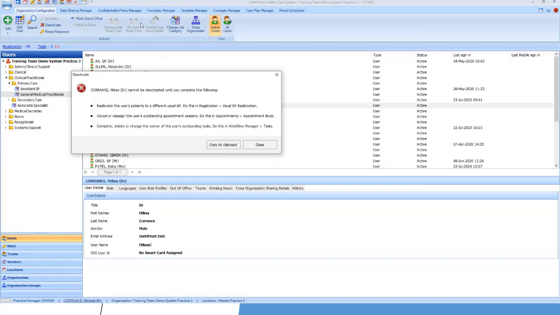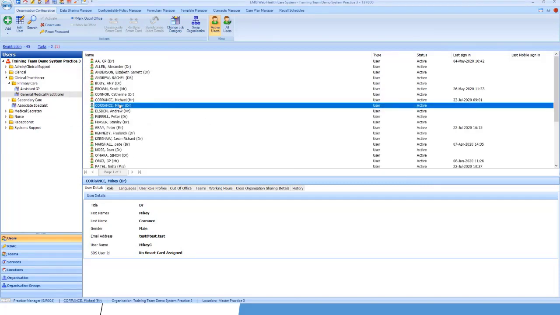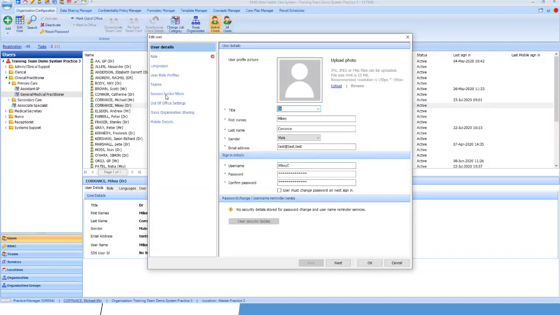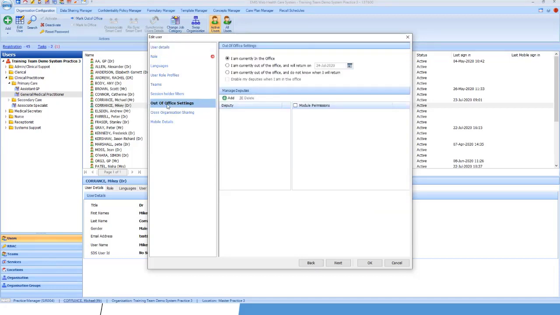So first and foremost, let's look at the tasks. If the user has any outstanding tasks, we can't remove them from the system because there may be important information that needs to be dealt with within those tasks. So what I can do is edit the user and add myself or a colleague as a deputy for that user's tasks. What that means is I'll have access to that specific user's tasks and can view just their tasks alone in Workflow Manager. So if I click on out of office settings within our edit user,